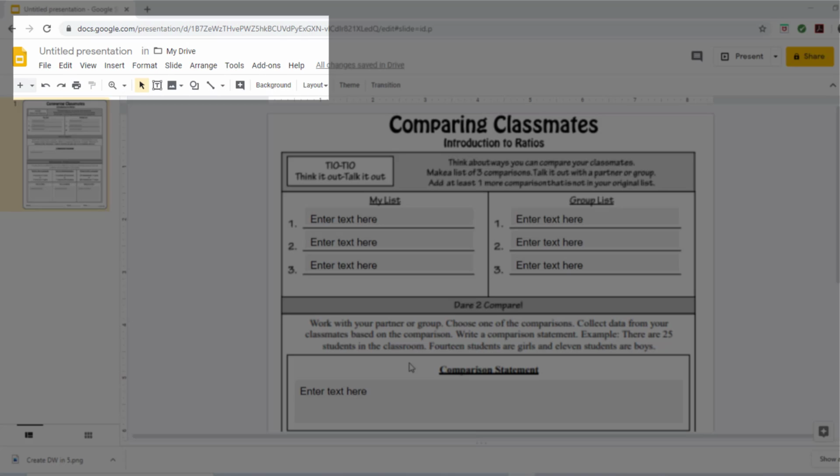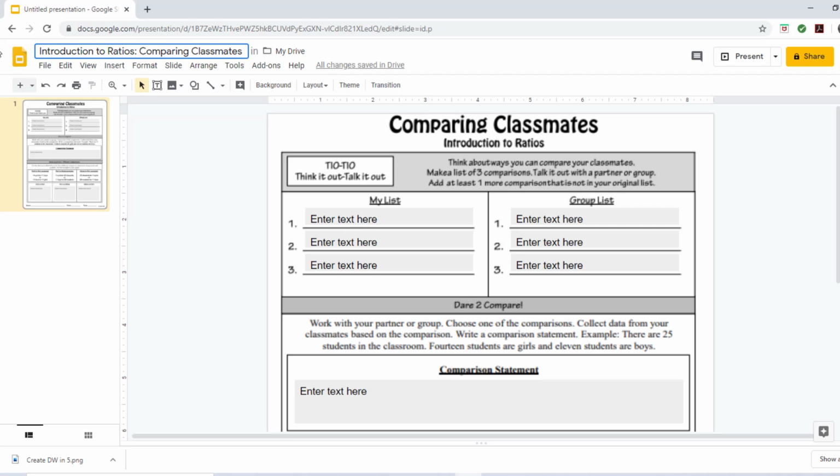Now, there is one final step. We do need to make sure that we include a title before we assign any of our digital worksheets to our students. So here I'm putting Introduction to Ratios and then the title of the digital worksheets, which is Comparing